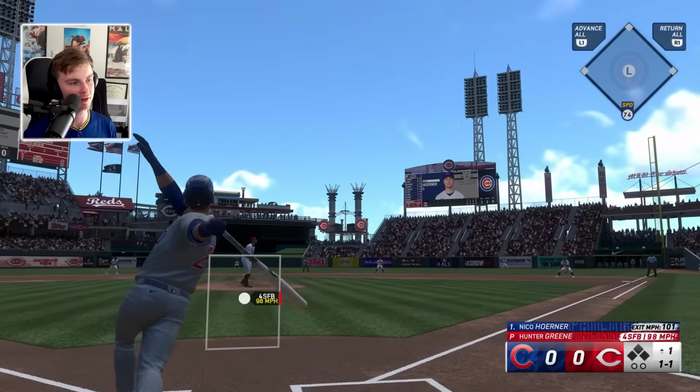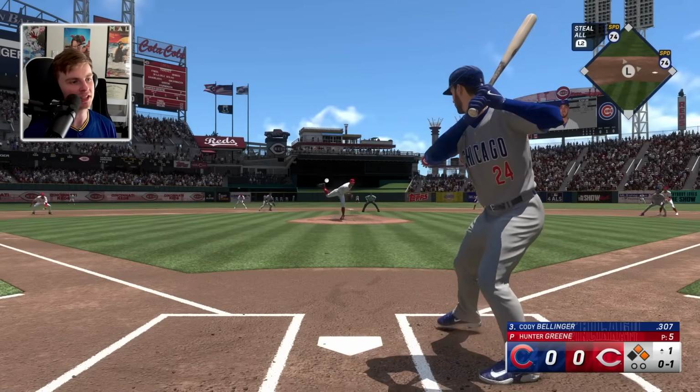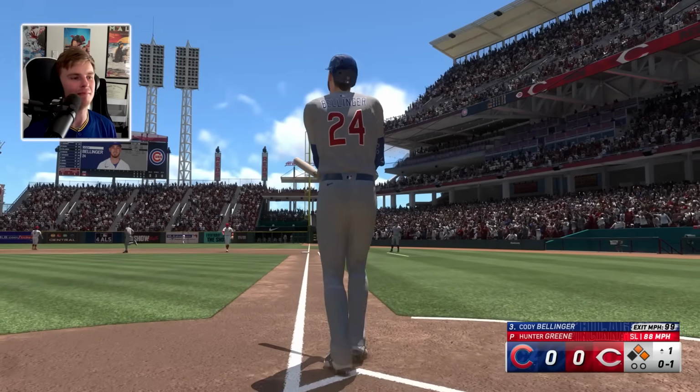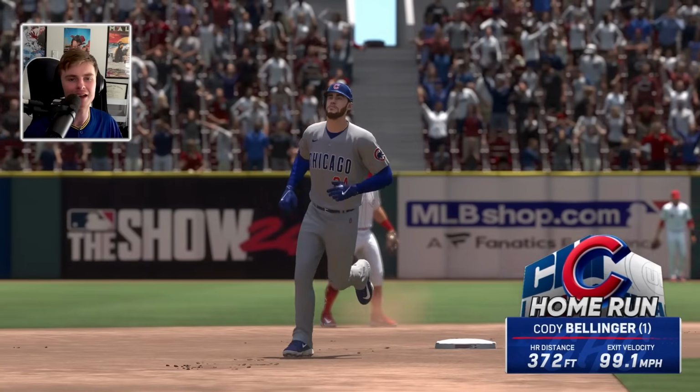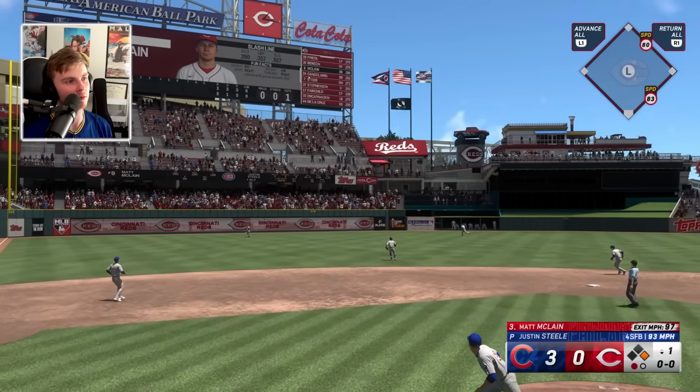This is a big game between 2 division rivals, and the Cubs are getting started with an easy double into right field, and we're seeing the Reds for the first time in this video, and it may be the last. Cody Bellinger, a 3-run shot. What a huge way for Chicago to start this game, but they may not run away with it as Matt McClain launches another double into left field,